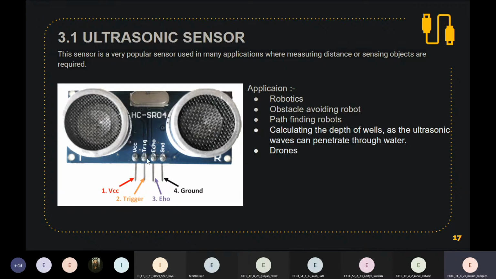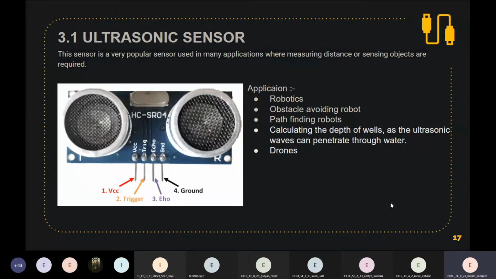Talking about this sensor type, we are looking at the HC-SR04. This sensor has a range of 2 centimeters up to 400 centimeters. That is really very good, so you get an accurate distance.